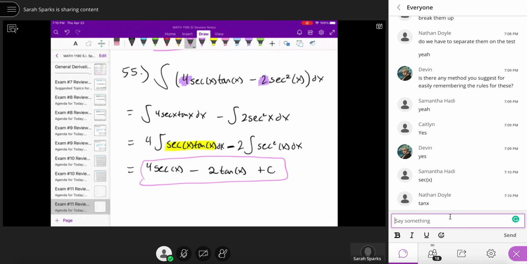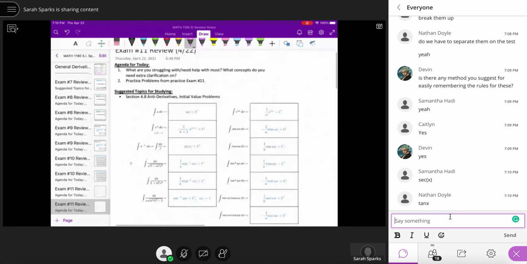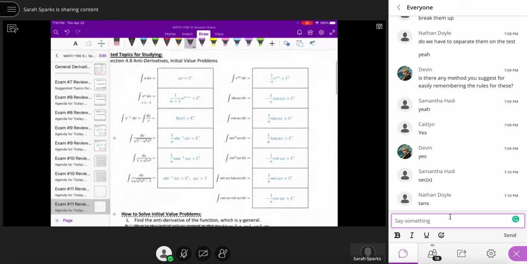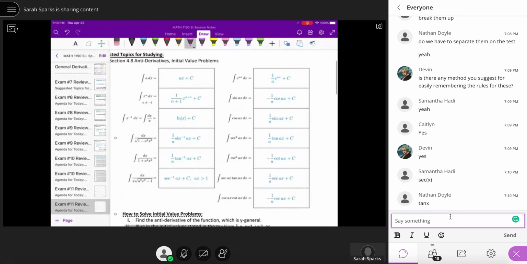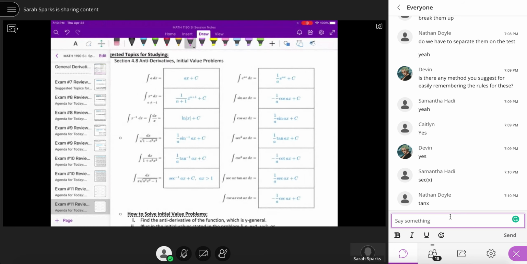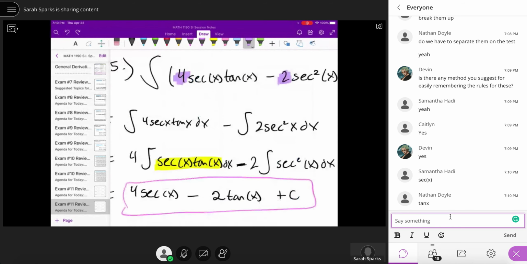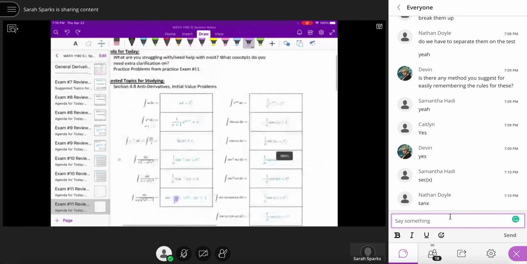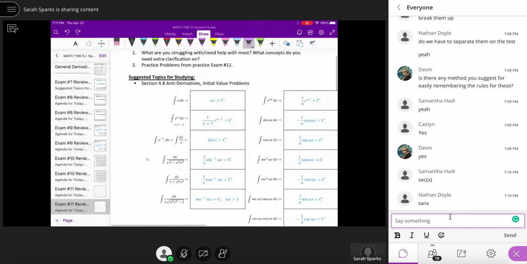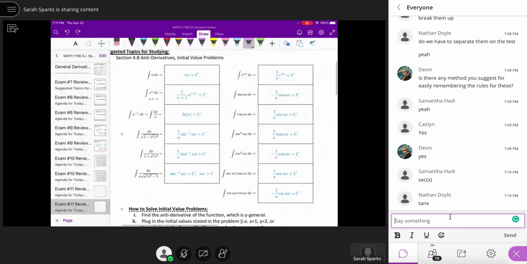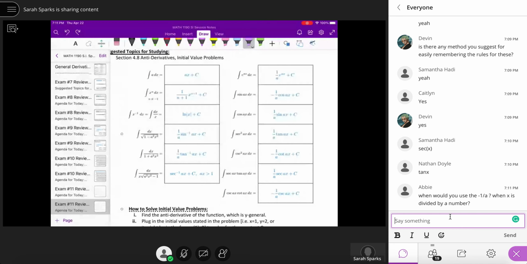All right, and to answer your question, Devin, when I learned these, I think I didn't have to memorize this part that was in there, and there's a reason why I didn't, because you learn another method later on how to deal with those without those specific rules with the constants. So honestly, I would just kind of think of it as